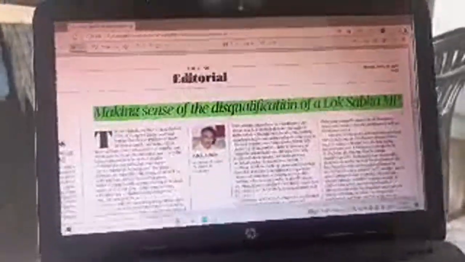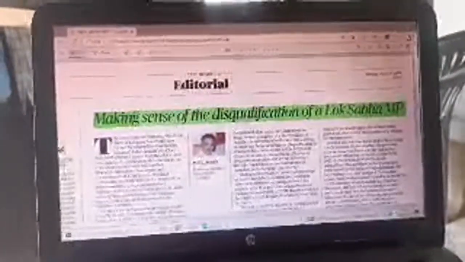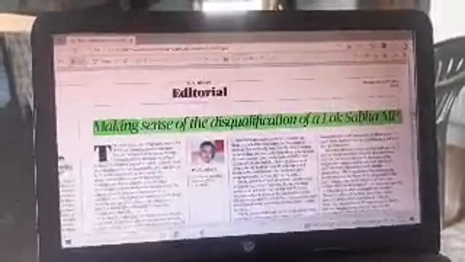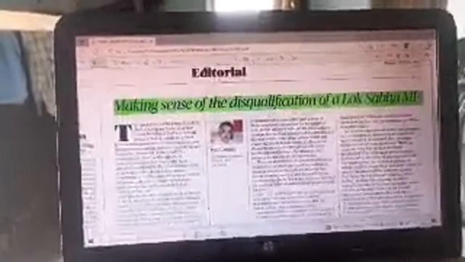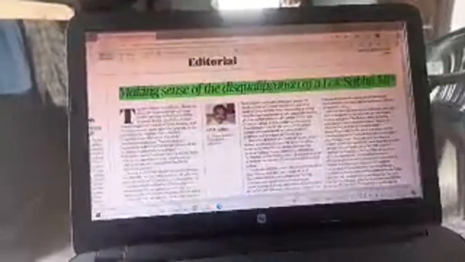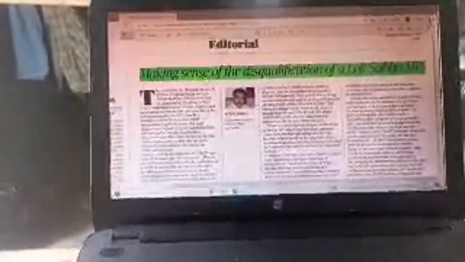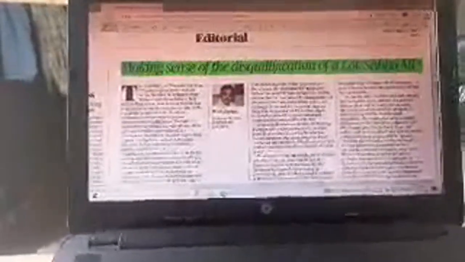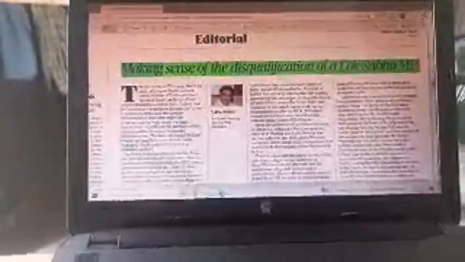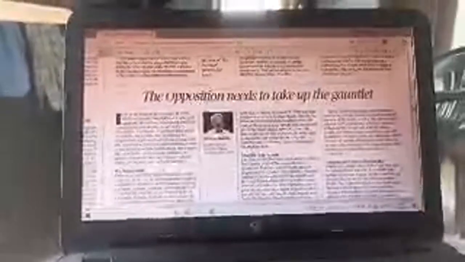This is important, but you don't read all those parts in the paper. You can remove some pages and not refer to them, because it should already be done. If you read the syllabus page for civil services and start your preparation at the beginner stage, this is the important news. From polity and governance, if you go to the opposition taking the grunter, this is also important for political issues.